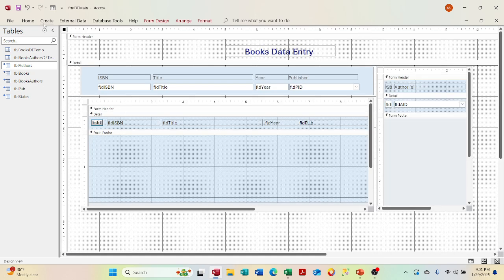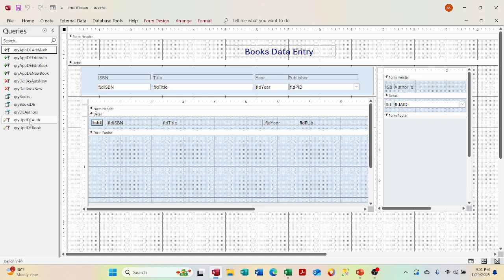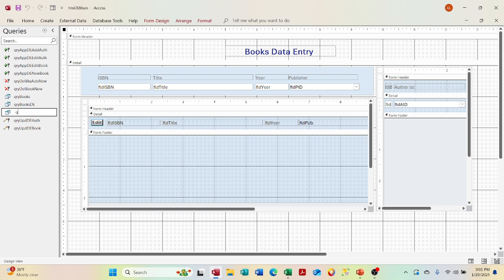And all right, let's look at that for a minute in our queries. All right, we're going to rename this. And we're going to say query authors. I want to keep consistent with how their naming convention is that I have, so I know what I'm looking